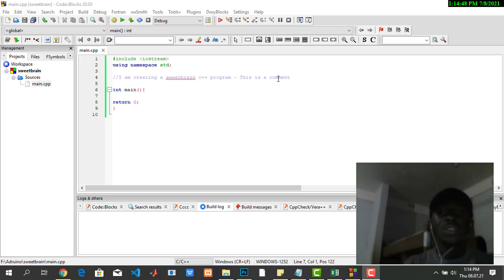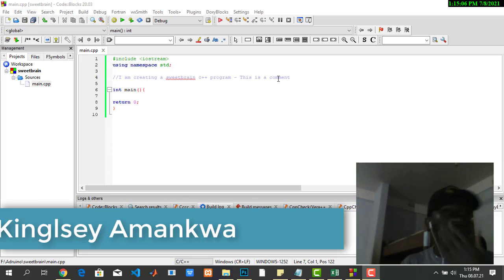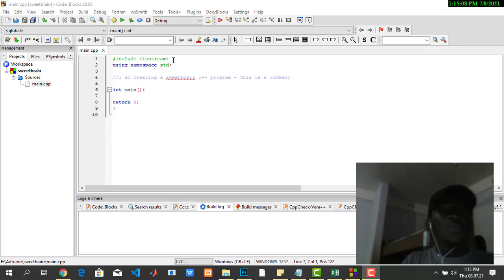But we are actually creating a console environment. Console environment means, as I said, it doesn't have any buttons. You only see text. You only see a black environment or a console window. When I talk of a console window, it's like a black environment with text only. Text can be anything, right? So that is it. And then we also talked about